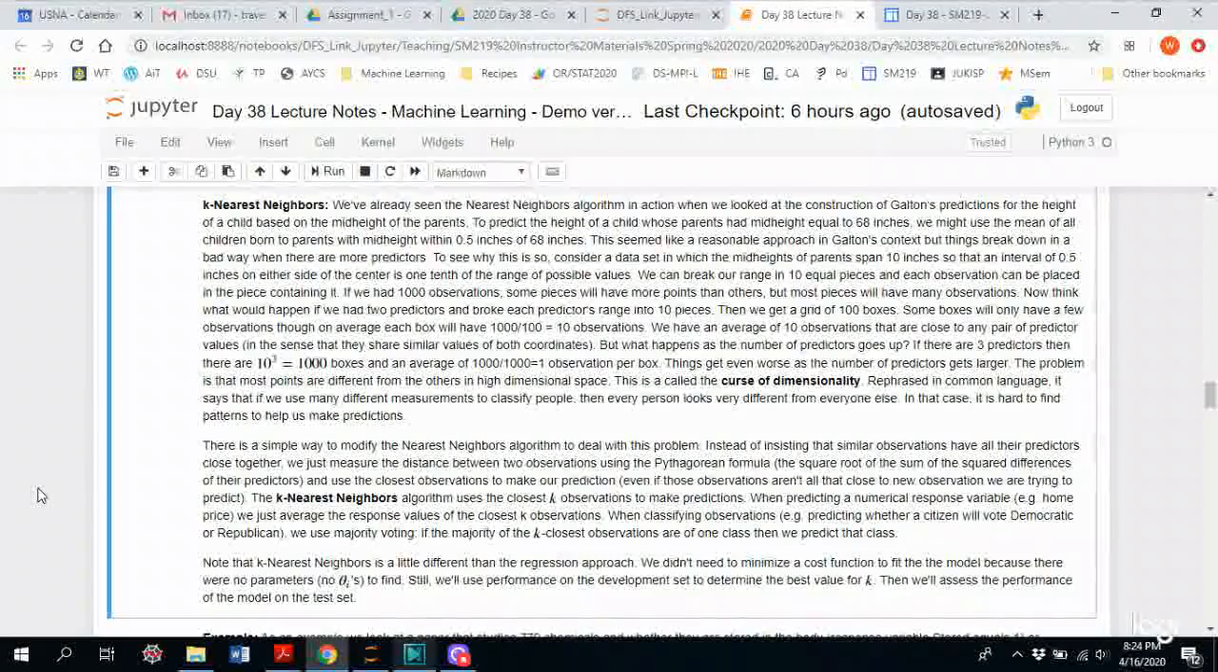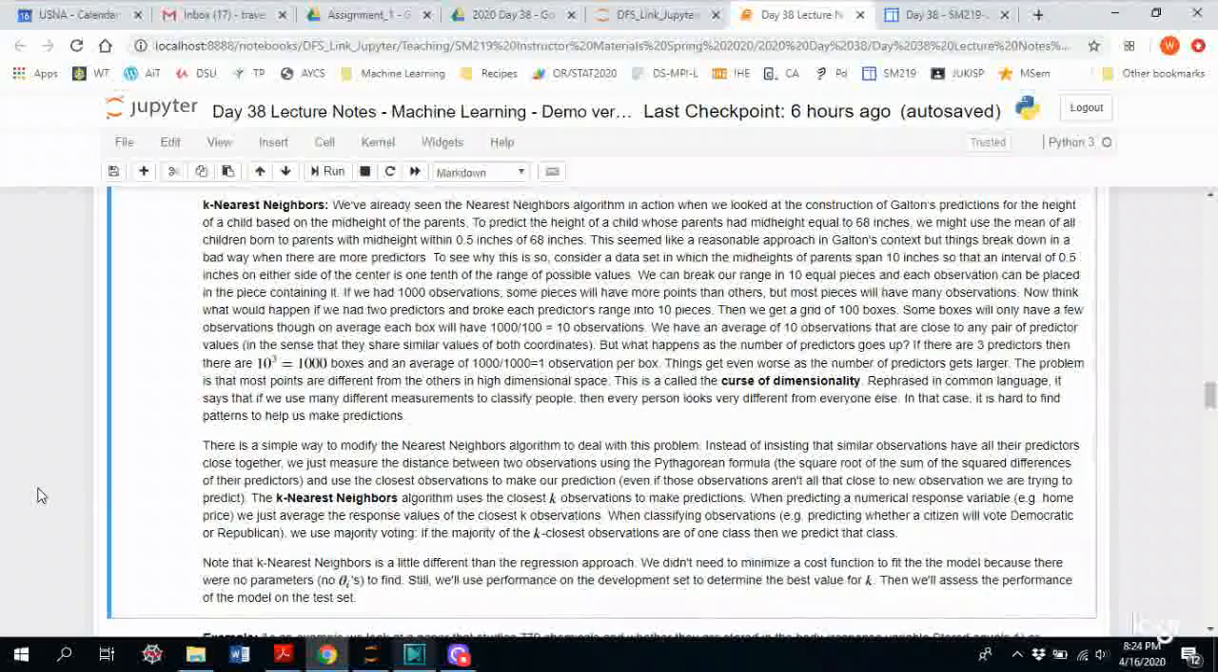This seemed like a reasonable approach in Galton's context, but things break down in a bad way when there are more predictors. To see why this is so, consider a dataset in which the mid-heights of parents span 10 inches, so that an interval of 0.5 inches on either side of the center is 1/10 of the range of possible values. We can break our range in 10 equal pieces, and each observation can be placed in the piece containing it. If we had 1,000 observations, some pieces will have more points than others, but most pieces will have many